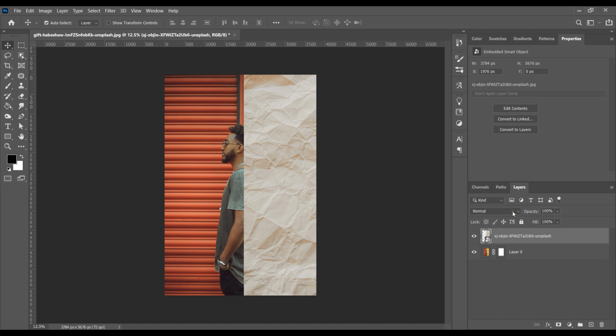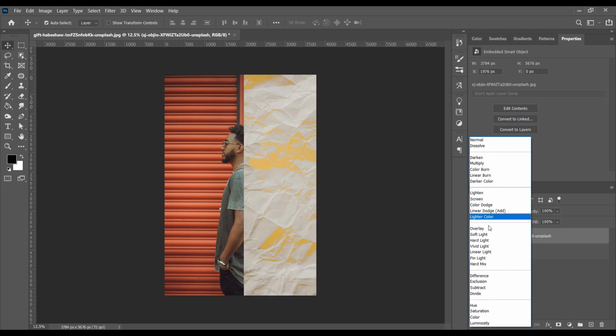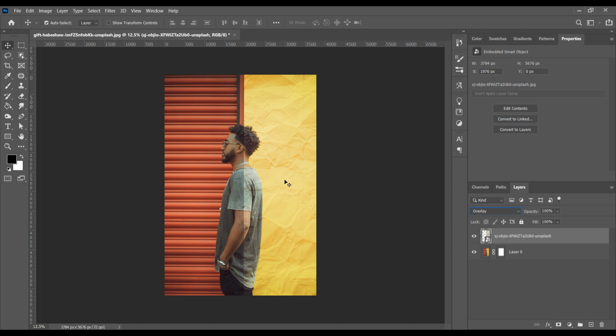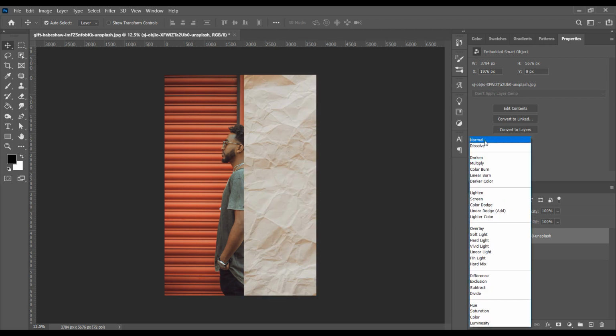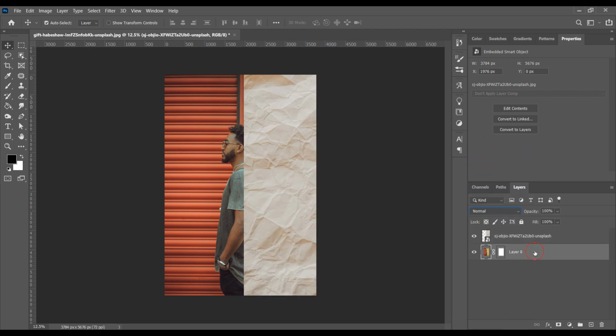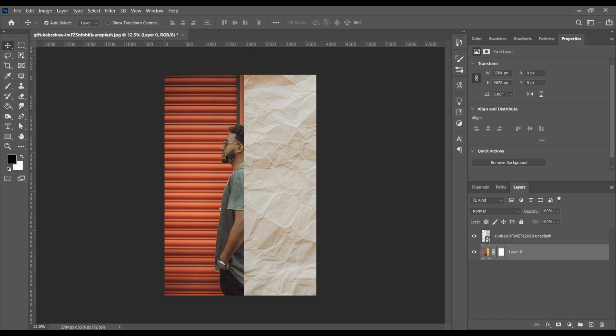And now if you see, if I turn on a blending mode like overlay, it's going to blend on our subject as well, and I do not want that, right? So what we can do is use a layer mask to not change the subject, but change the texture on the wall. So now I'm going to turn this layer back to normal and select our subject. To select the subject, I'm just going to use the object selection tool over here